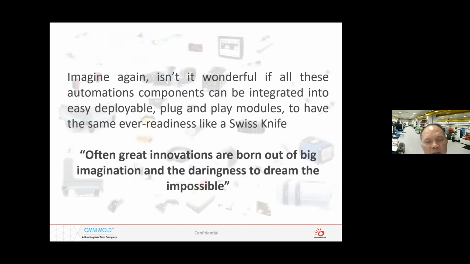like a Swiss knife. You know, this ever readiness is my terminology. In fact, my engineer Singyi told me that this is not quite grammatically correct. But I told her I want to use this because it's like the Eveready battery. You remember this Eveready battery? This guy never runs out of power. You know, that's the name of the battery. So this ever readiness Swiss knife concept of automation is what I would like to give